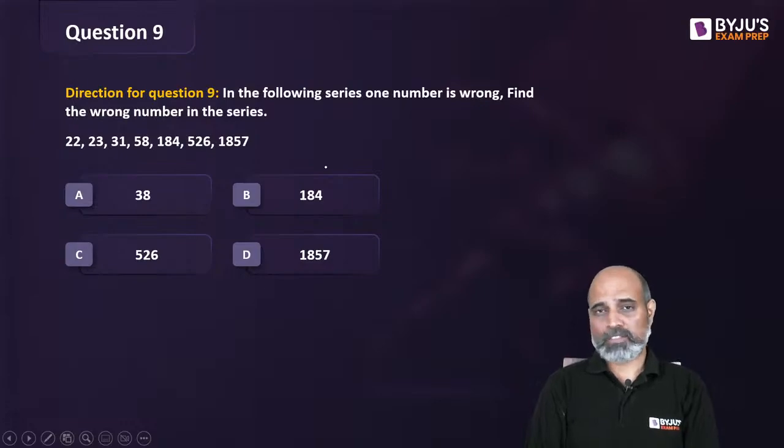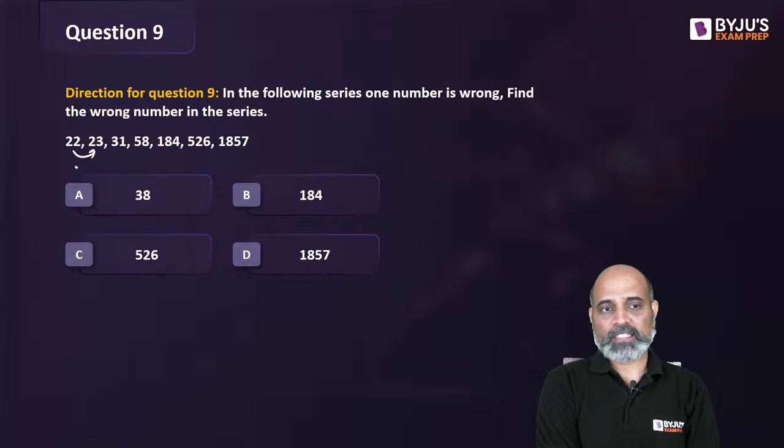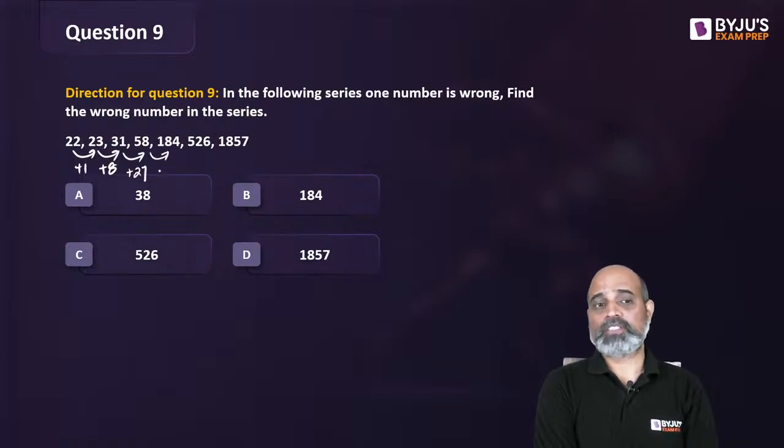It's not the difference which is constant. Difference जो होगा वो powers of numbers में होगा, है ना? So 22 to 23, this is an increase of just 1. 23 to 31, this is an increase of 8. 31 to 58, this is an increase of 27. 58 to 184, this is an increase of 126. 184 to 526, this is an increase of 342. 526 to 1857, this is an increase of